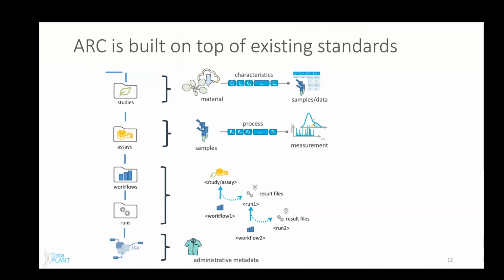Next, we have our workflows, and this would outline or detail what the process of analyzing the data looks like. So what tools were used in the tool chain, what the input files are, and what the corresponding output files are. And in this way, you're able to structure the process 1, 2, 3. This is how my data needs to be analyzed.